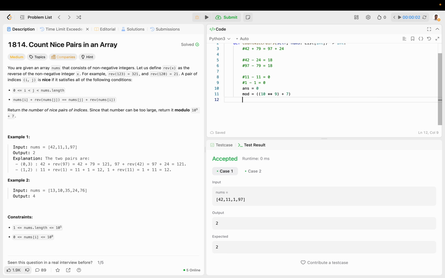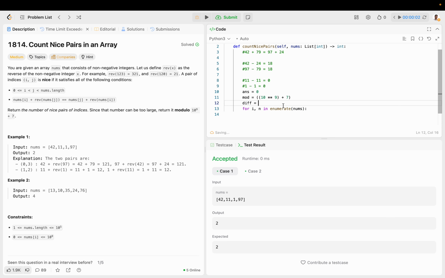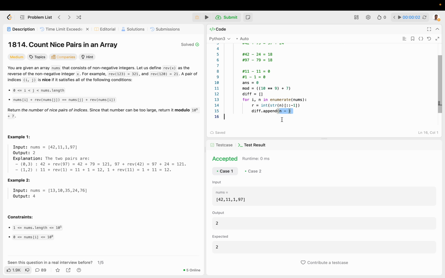So since we know that, why don't we go over nums, and let's say, what is the difference, right? The difference is going to be an array. So difference.append n minus whatever the reverse is, which is the current element as a string, with the reverse symbol in Python, turned back into an integer because we can only subtract integers from integers. And if we print diff,